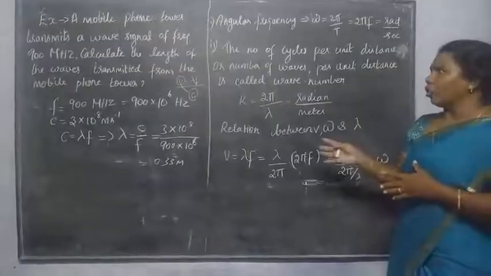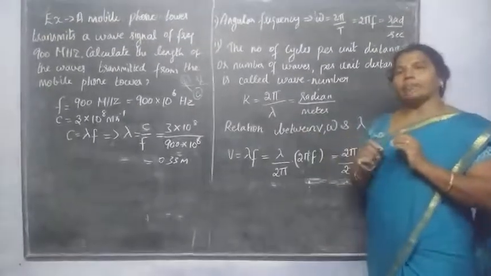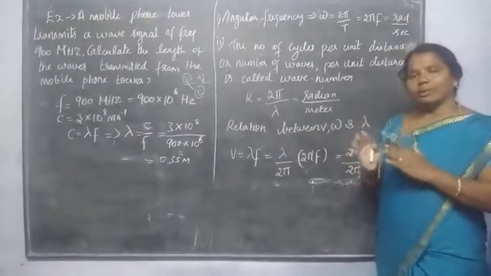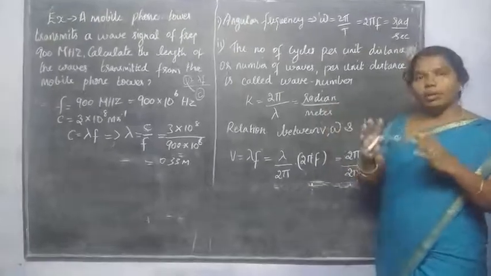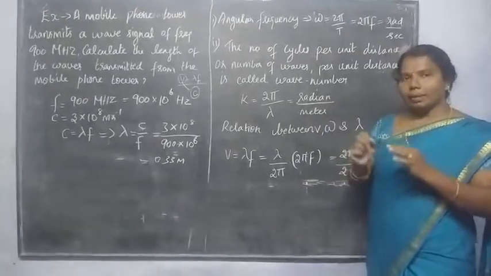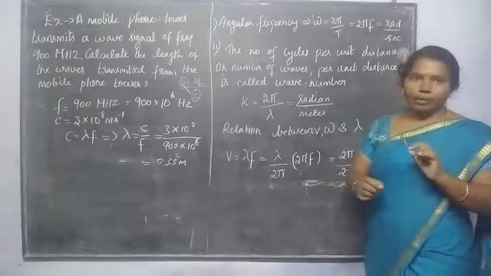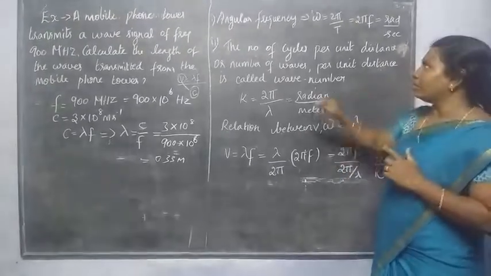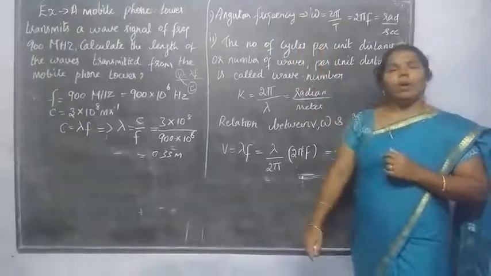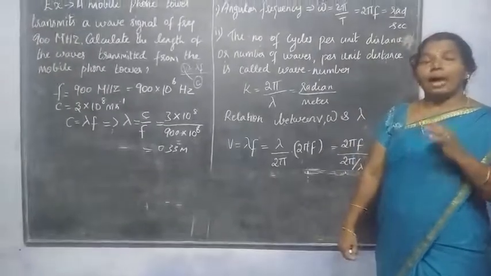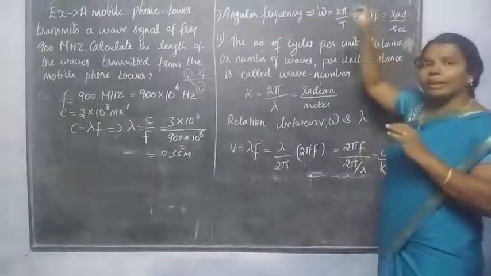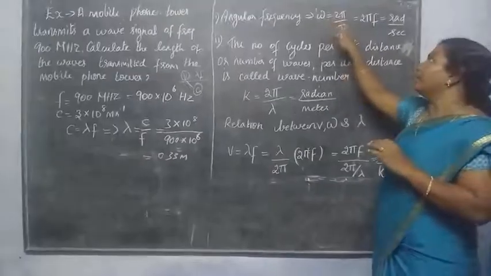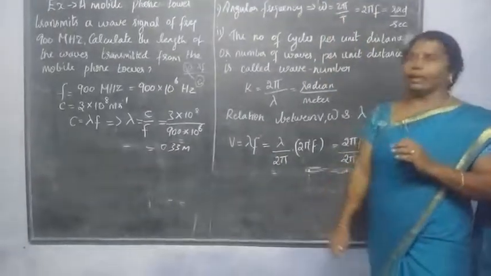Okay, and the next topic. As I said in my sessions, you have to know the general topics, important terms and conditions which are related to our wave portions. The first one is angular frequency. What is called angular frequency? The number of phase angles per unit time is called the angular frequency. Can you got it, ma?